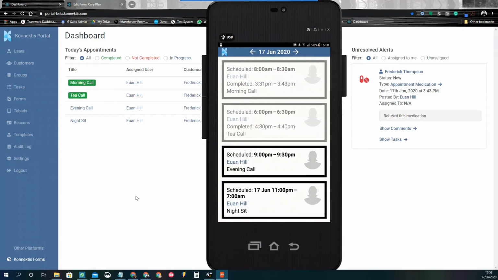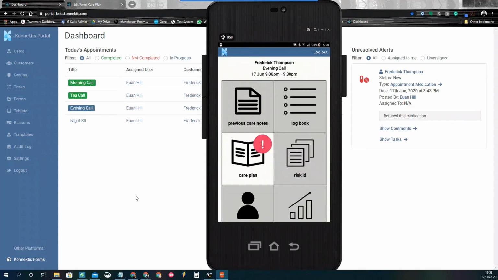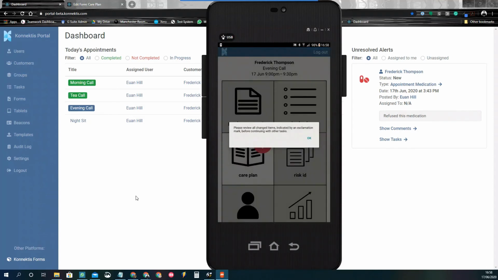So everyone in the admin system, they're definitely going to see that change, which is fantastic. But it's more important for someone attending at the actual home. So if we imagine that this is the first time I've come to see Frederick since that change has actually been made, what the system will do is I'm going to log in, and now that I've logged in, we can see that it's actually locked it down,